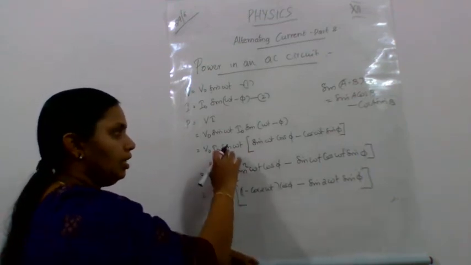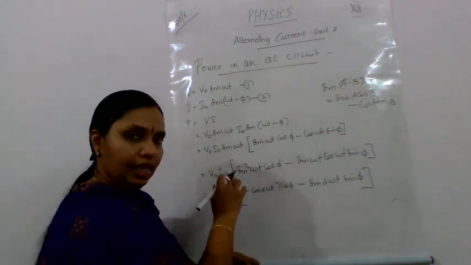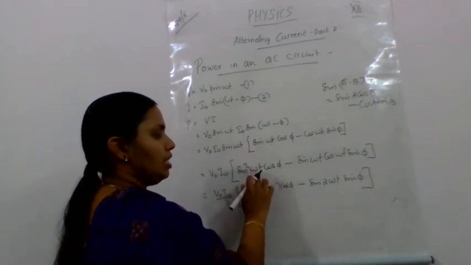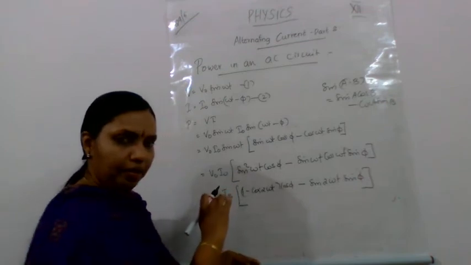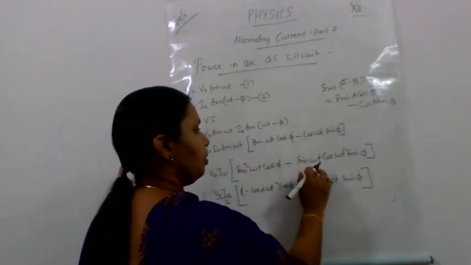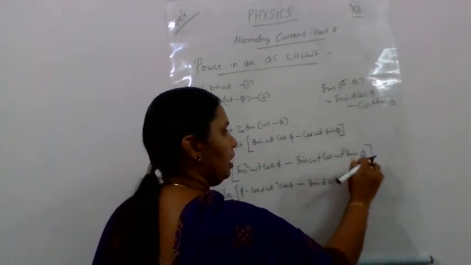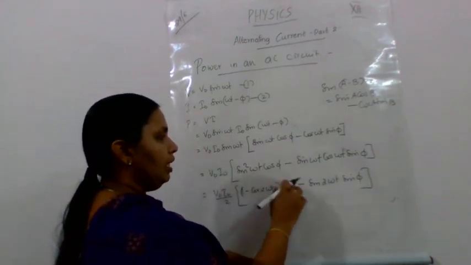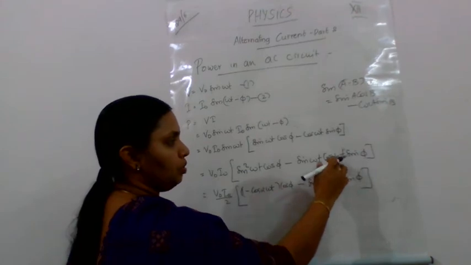Again rearranging, taking this sin omega t inside, what comes? Sin omega t into sin omega t, sin square omega t cos phi, minus sin omega t cos omega t sin phi. And this sin square omega t and sin omega t cos omega t